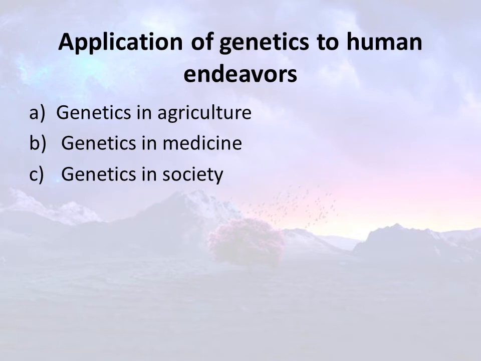The classical genetics has provided physicians with a long list of diseases that are caused by mutant genes. The study of these diseases began shortly after Mendel's work was rediscovered. That means when Mendel's work was rediscovered, after that the scientists identified that there are various diseases that are caused by mutant genes. For example,